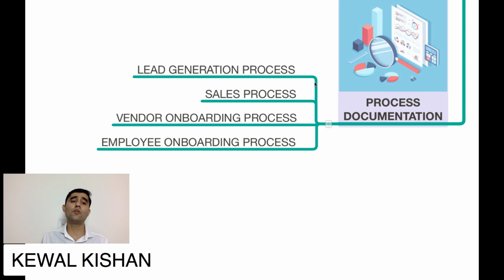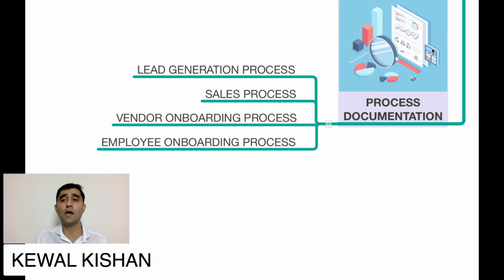I've got another tutorial of mine which you can have a look at, which is called how you can grow your sales, the 9 pillars which you should have in your team, in your business, to grow your sales big time. Okay. Vendor onboarding process, you can have it documented. Employee onboarding process, these are some of the examples. If you have proper documentation, maybe the operations process, the project tracking process, the inventory management process, you can